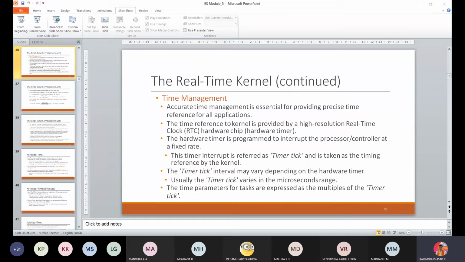The timer tick interrupt is handled by the timer interrupt handler of the controller. The timer tick interrupt can be utilized for implementing the following actions: save the current context, increment the system time register by 1, update the timers implemented in the kernel, activate the periodic tasks which are in idle state, invoke the scheduler and schedule the tasks again based on the scheduling algorithm, delete all the terminated tasks and their associated data structures, and load the contents of the first task in the ready queue.